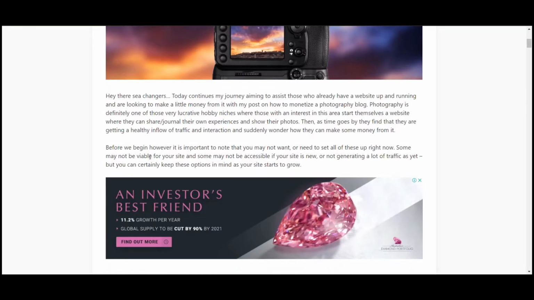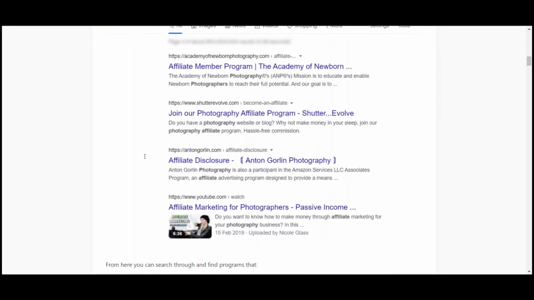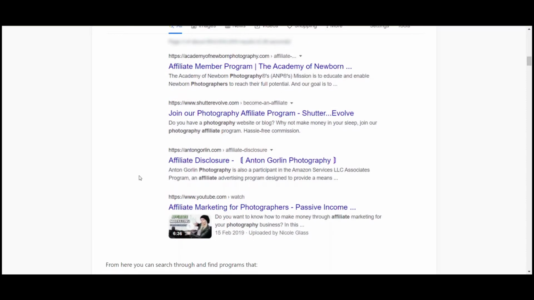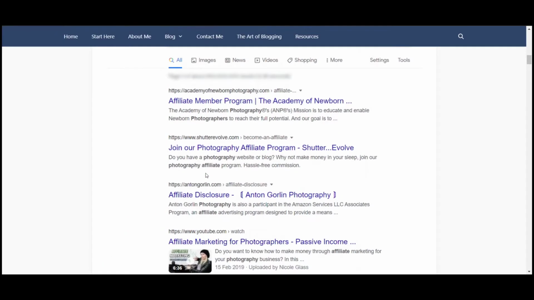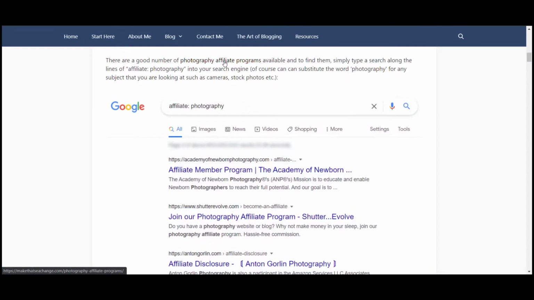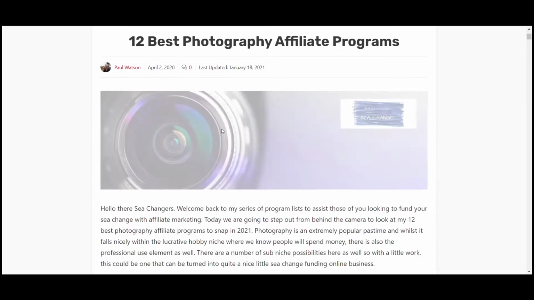If I take you into the post here, it talks about affiliate marketing. If you go in there and do a search for affiliate photography, you'll see all these sites that have affiliate programs for photography. The Academy of Newborn Photography, Shutter Evolve, Anton Gorlin Photography. All these are sites that you can choose. Have a good look through, there's heaps in there. I've got a photography affiliate program link list here, which will take you into another site which has some photography